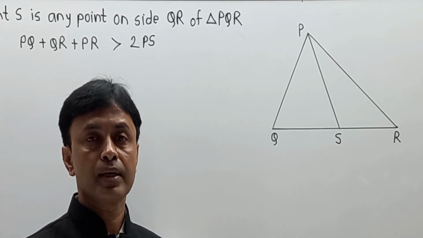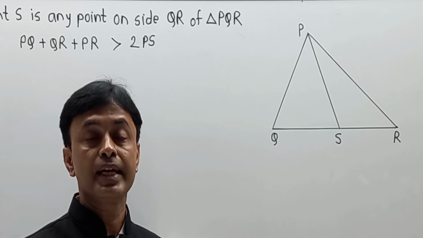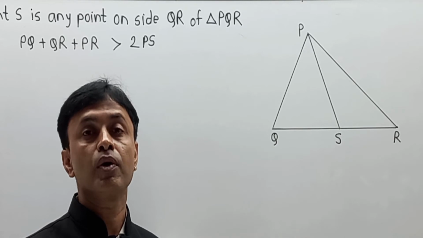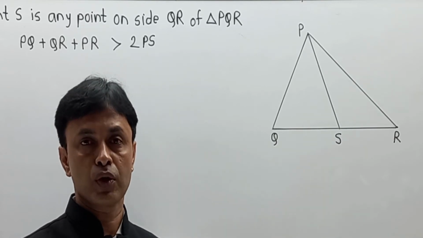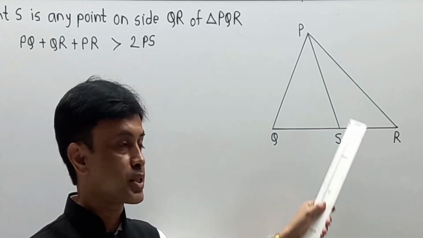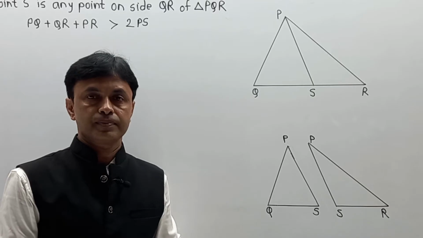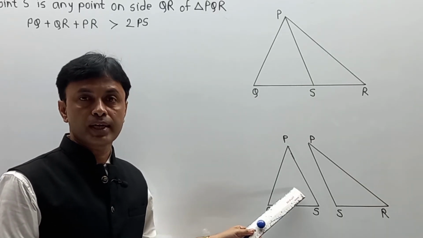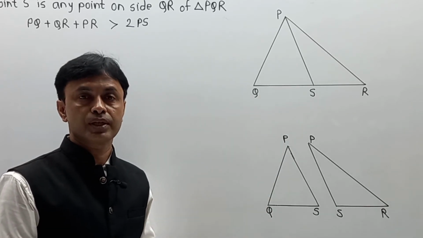We know very well the sum of the sides of a triangle. In that case, we have to understand one part: the sum of any two sides of a triangle is always greater than the third side. This principle is used during the solution of this numerical. Now, first of all, I am going to draw its breakup and writing part. Please pay attention. For proper understanding of this concept, I have drawn two diagrams over here so that you can easily observe the difference between this part.